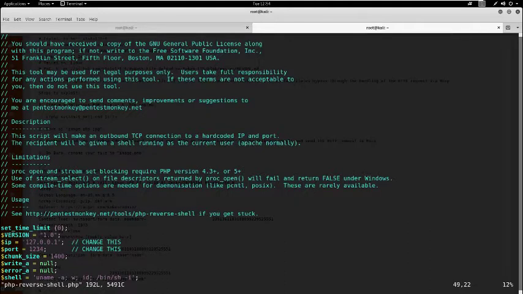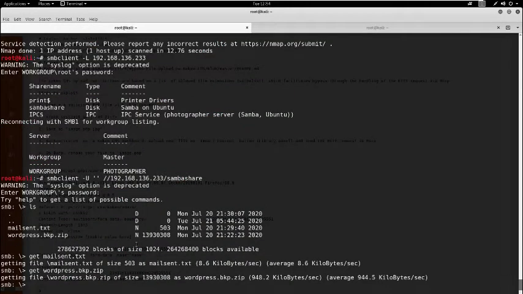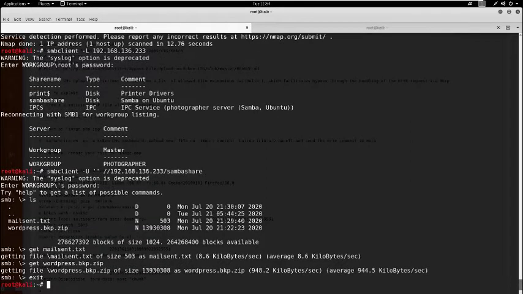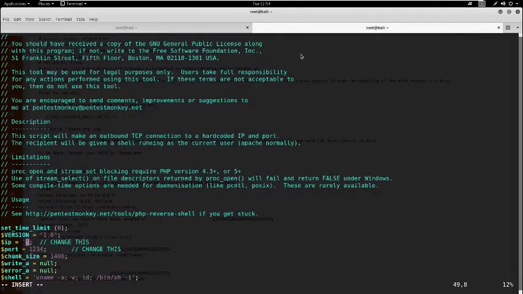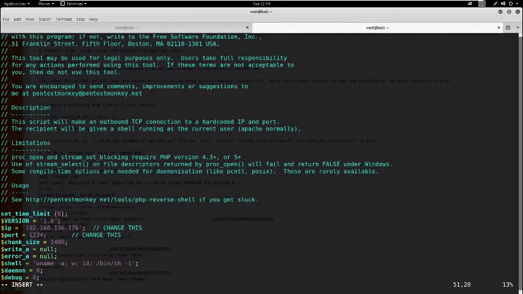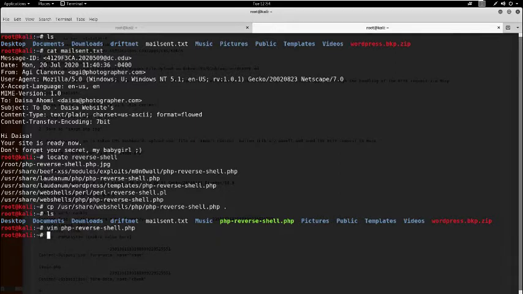Yeah, so this is the PHP reverse shell code file, and here we have to provide our IP address and the port number. It clearly says to change this and change this. So now I need to know my IP address, so ifconfig. Yeah, this is my IP address, 192.168.136.176. This is my IP address, and the port number, no need to change this port number, you only need to remember this port number while updating.